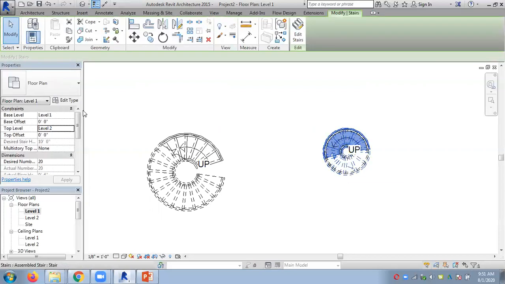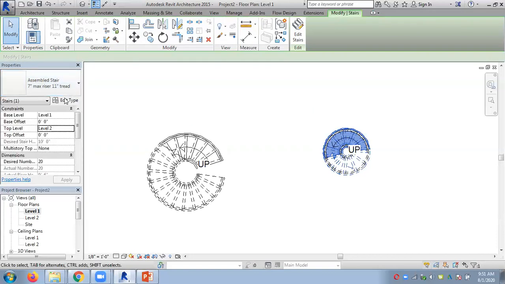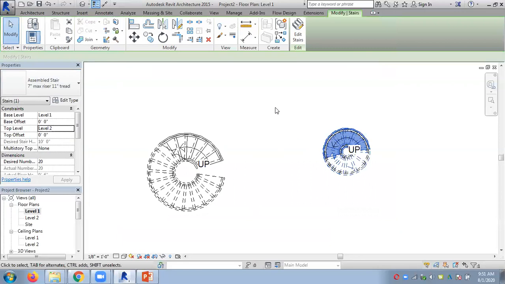If you just look at it, edit type. You can have the concrete kind of a spiral staircase, and when you go to edit type, the same set of settings is available. Here also the same set of settings is available. So if you know how to edit one staircase, the other things are the same. So just do it and see. Any questions, tell me.